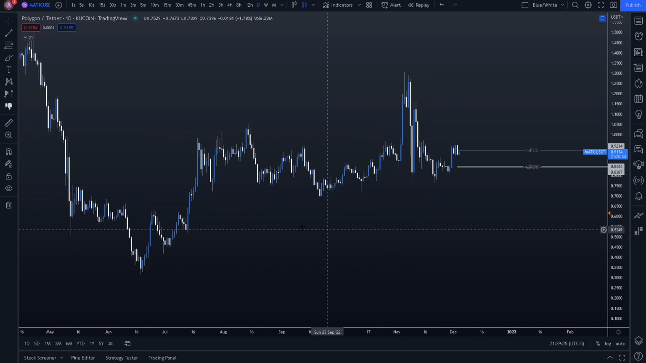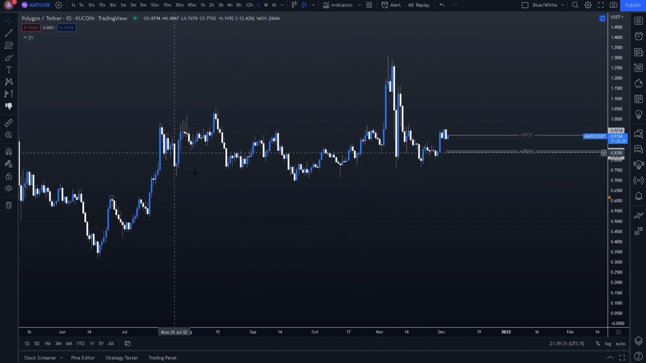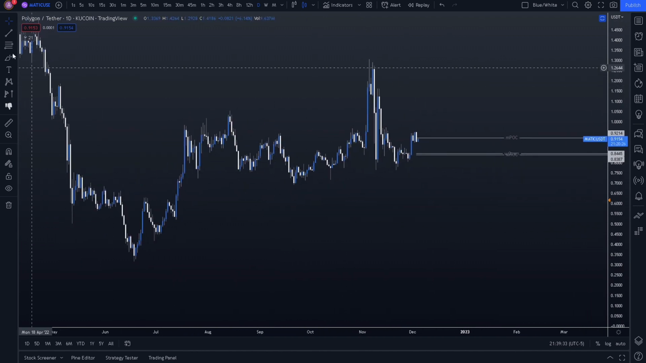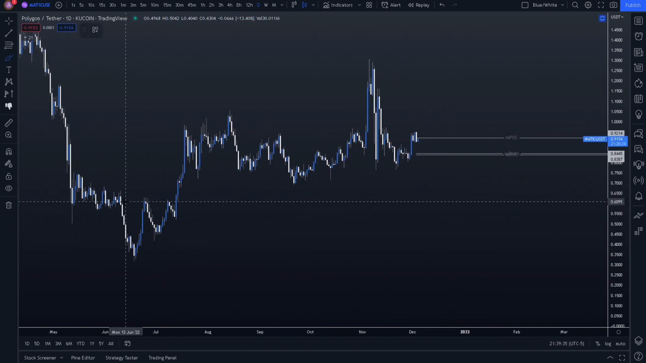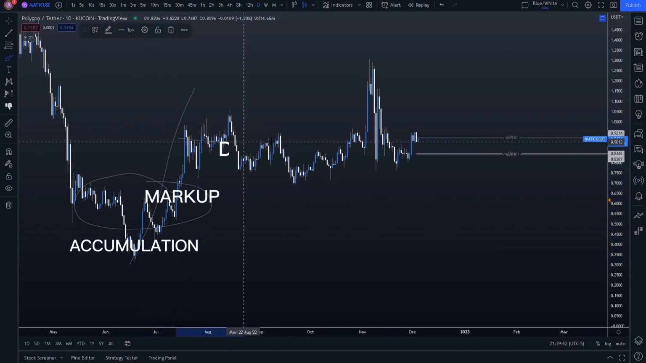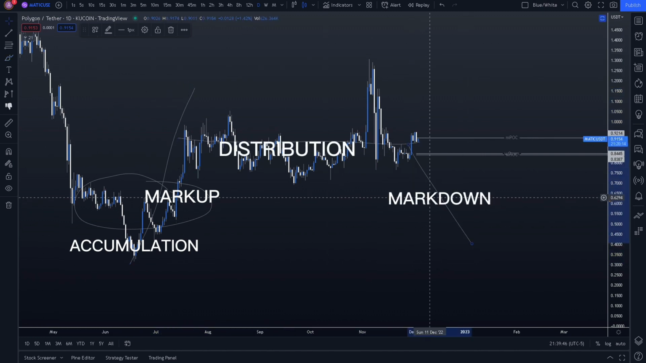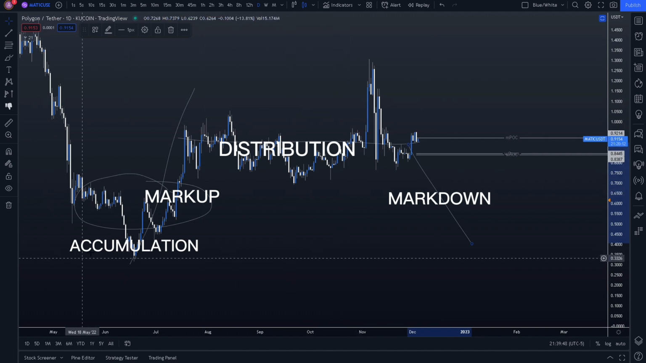If you look at this chop and you're wondering what's happening, I believe there are a few ways to read this. You can read this as right here, this is accumulation, and then this is markup, and this is distribution, and then we'll have markdown. So that's one way to view it. And if this is your macro view,